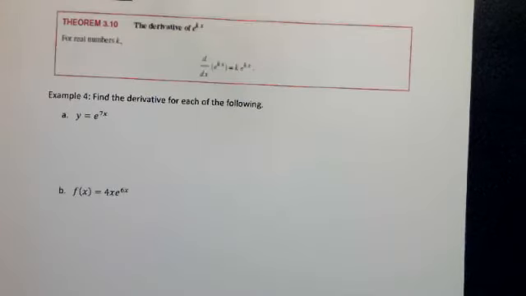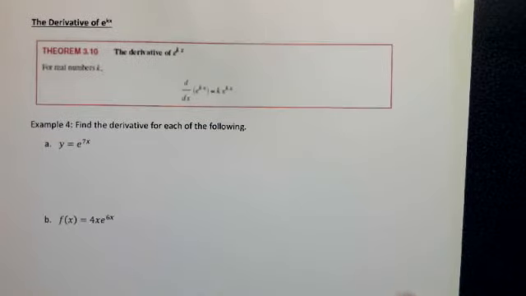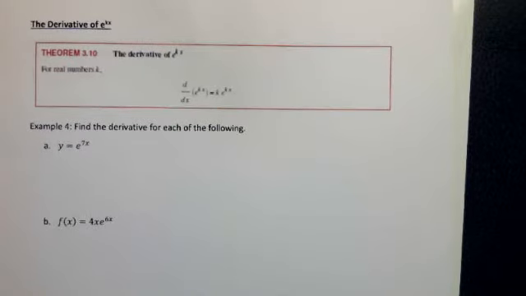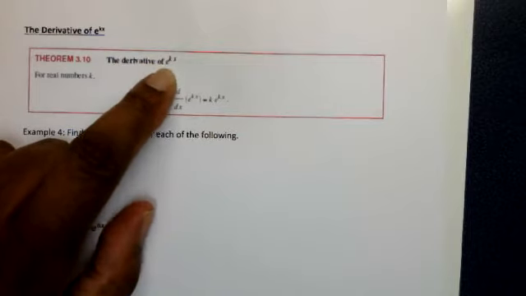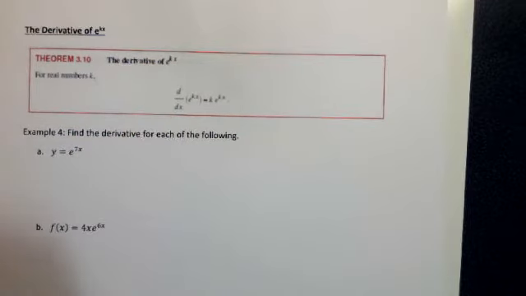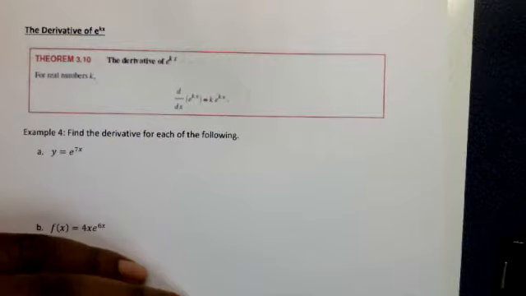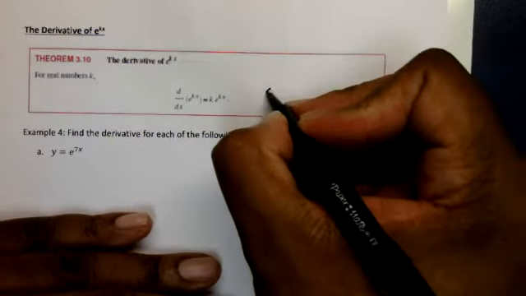Okay. All right, next we'll look at the derivative of e to the kx. Now, if you recall, in the last video that I did on the rules for differentiation, I did talk about e to the x. And the derivative of e to the x is just simply e to the x. But let's say you had a constant in front of the variable x in the exponent for e. Here, when we take the derivative with respect to x of e to the kx,